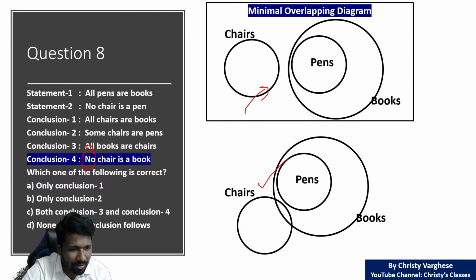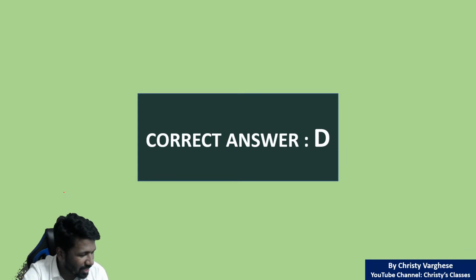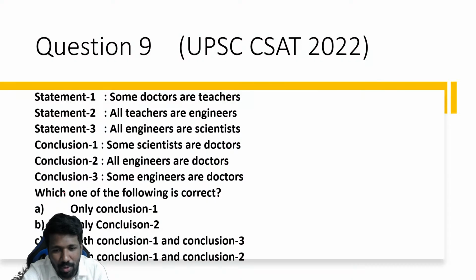All of you understood. I elaborated as much as possible. Those who are already familiar with syllogism, I think I have elaborated too much for you. But I am thinking about those people who are totally new to syllogisms. That is why I am elaborating more in depth. Then try this question. 2022 itself, this question was also asked. Try this, all of you.